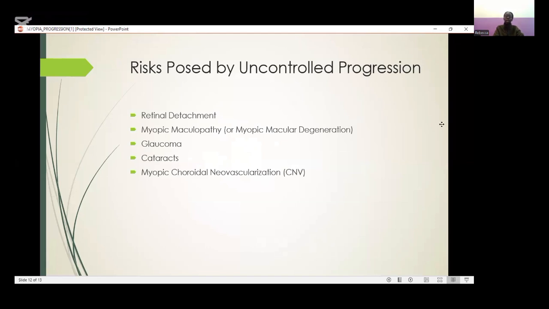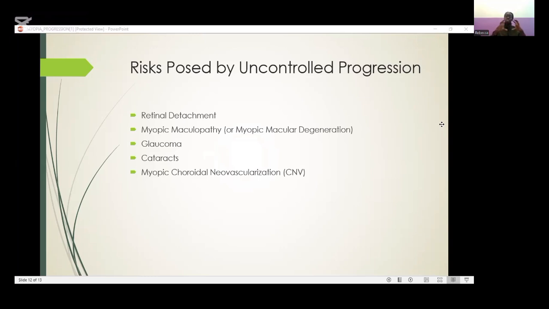Yeah, so what if we do not get to correct this? What if a patient is not able to access you and have it controlled? What risks do they have? So we have the first one, which is retinal detachment. Remember, the eye is continuously growing, and rapidly so, remember we were talking about the rapid progression. So when it's doing this,